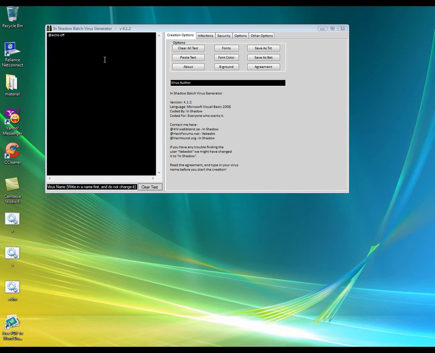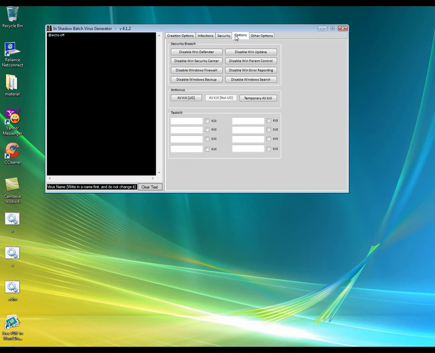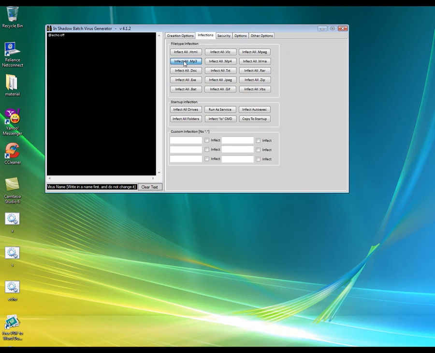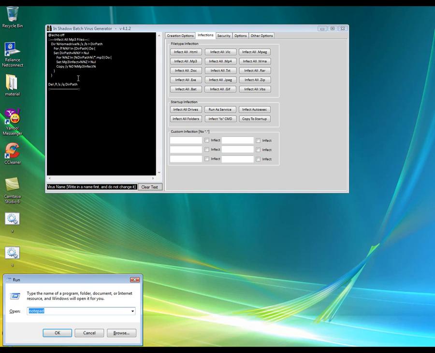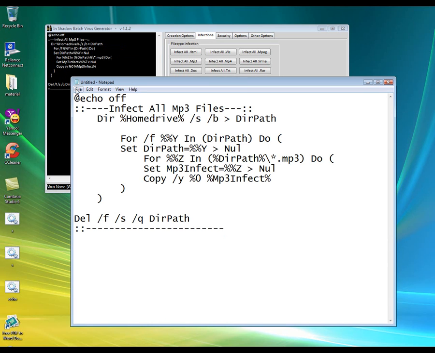How to create a batch virus? You can create a batch virus by using the InShadow Batch Virus Making tool, which is present in our IHC toolbox. There are many options to create a batch virus. Just select the option according to your requirement and copy the code into your Notepad, and save it as anyname.bat.